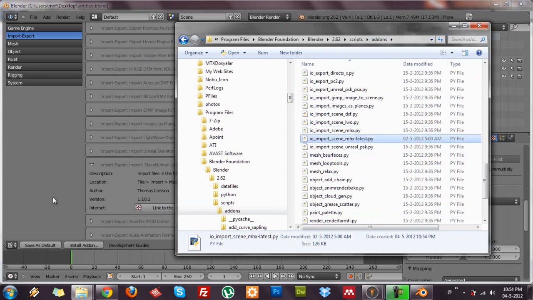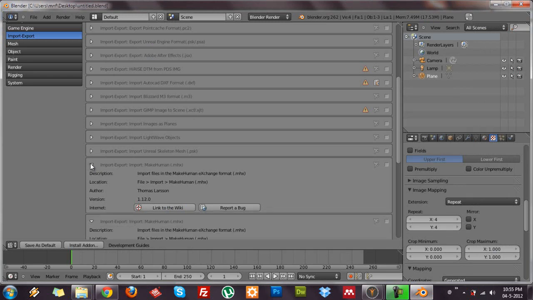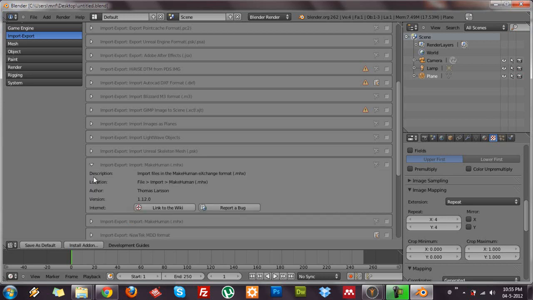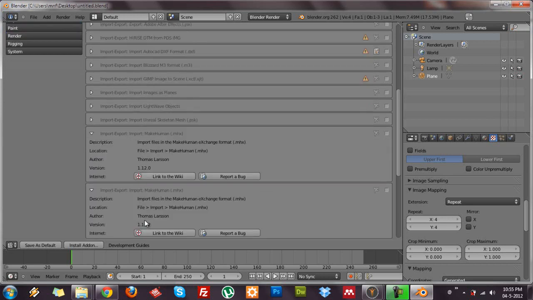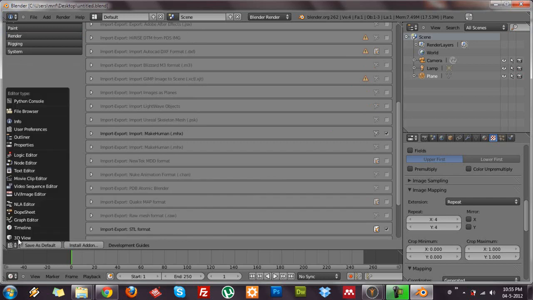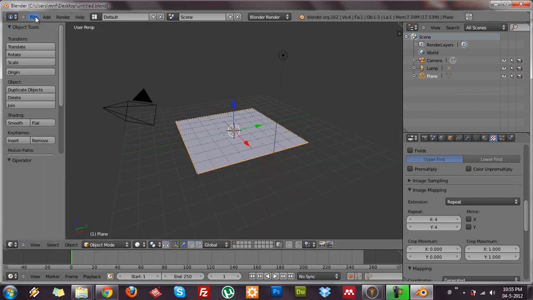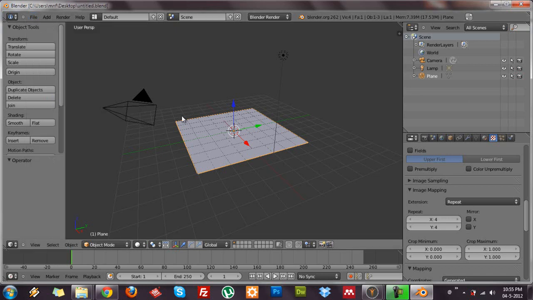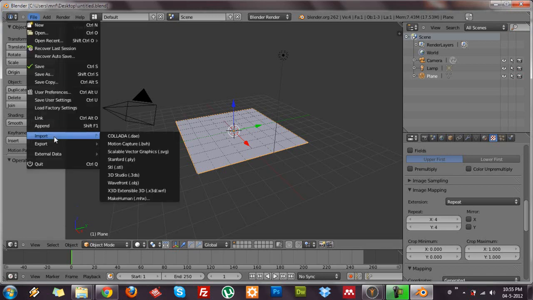Okay, and if you come to Blender now, as you can see, Blender automatically refreshed its plugin list, and here you have two plugins. One is 1.10 and one is 1.12. So we are going to install 1.12. Select it and go to the 3D view. Okay, here as we installed the new plugin, you can save your user settings, so you don't need to do it every time you open Blender. So now if you go to File, Import, you can see the MakeHuman file format here. Okay, so choose this one